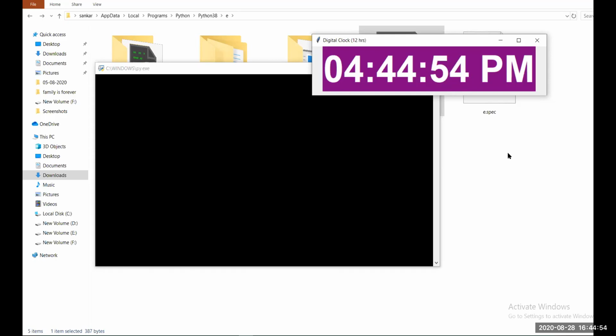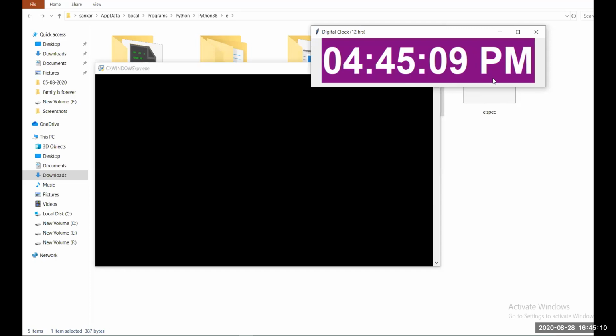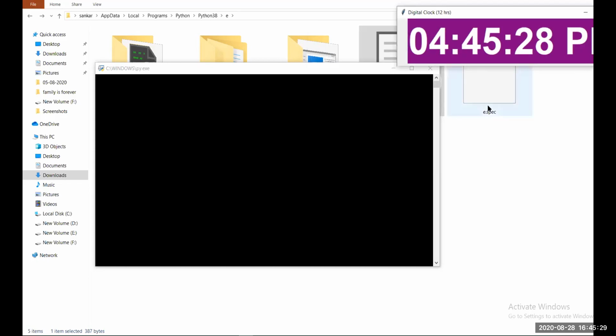Sir, can we set this widget on our desktop? Yeah, it's like your Windows application. If you open this, it just opens that window and gives it like this. If you want to fix it permanently, you need to add some extra code. Otherwise, just open this and you can drag it and fix it here.